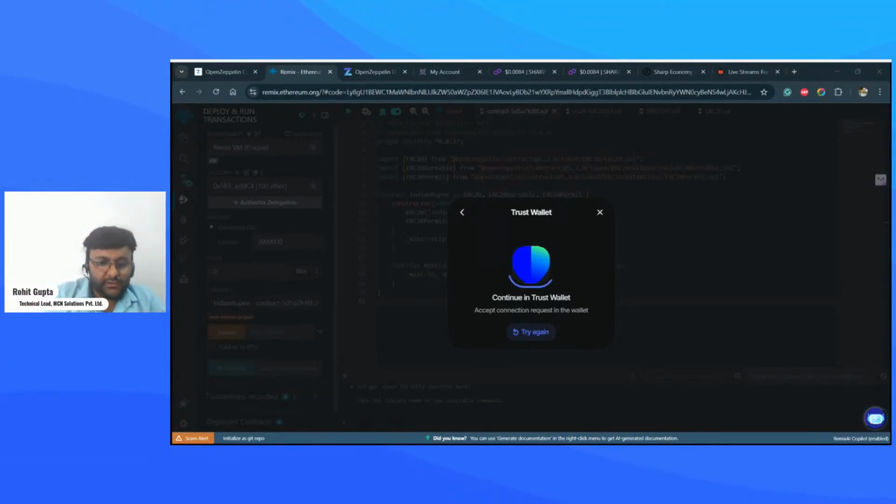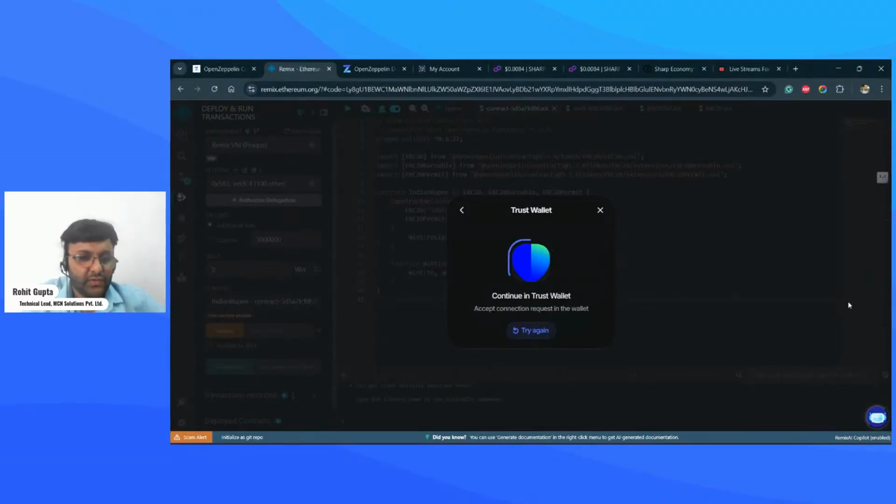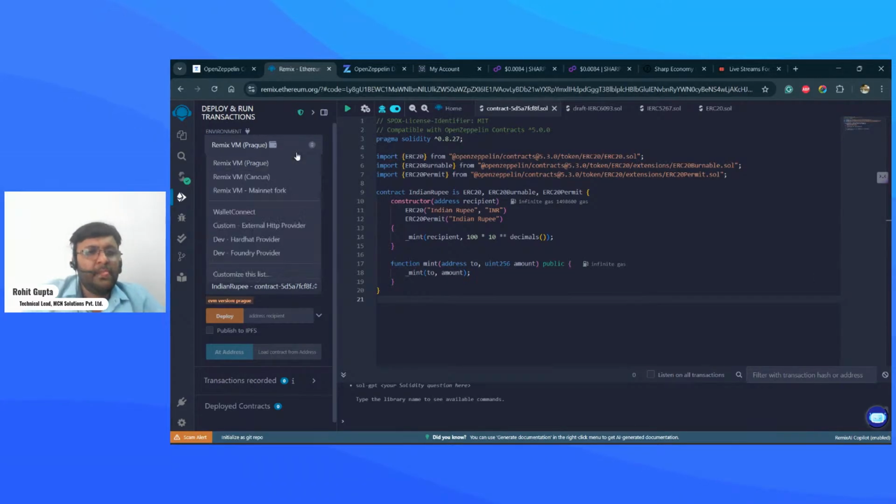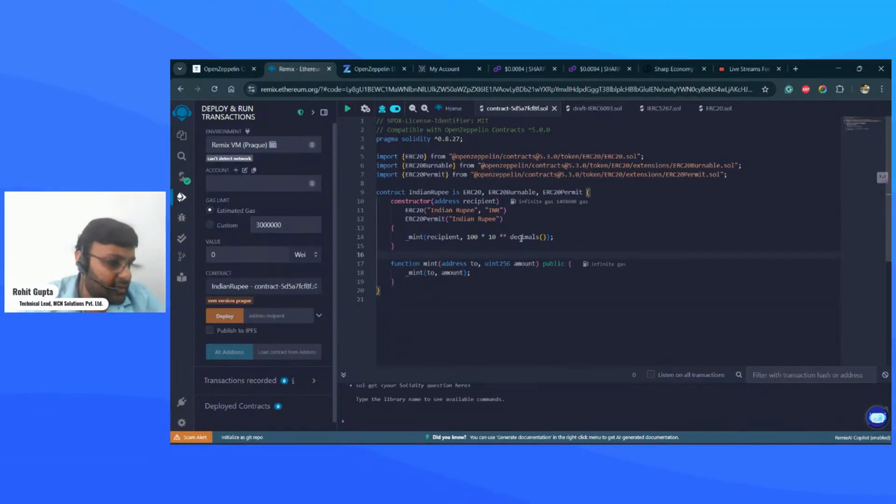For security reasons, I'm not showing you exactly what I'm doing with the Trust part. So I have signed my transaction. Now the Trust Wallet is connected. No, okay. This Trust Wallet is not connecting because I don't have pool.